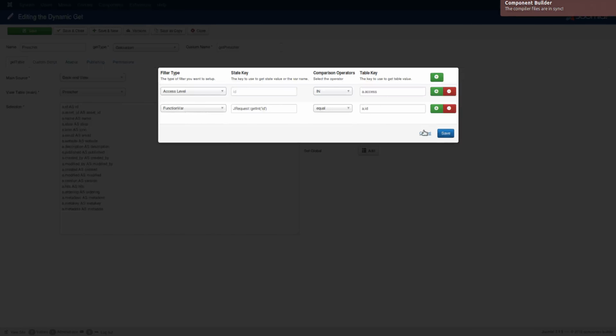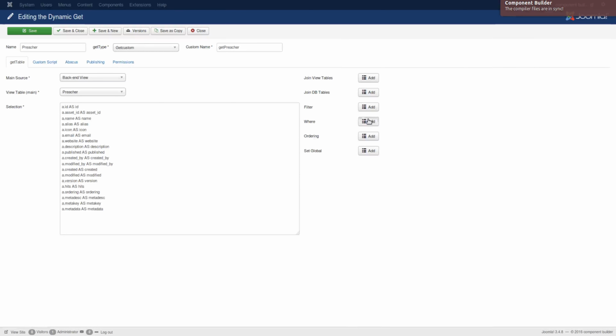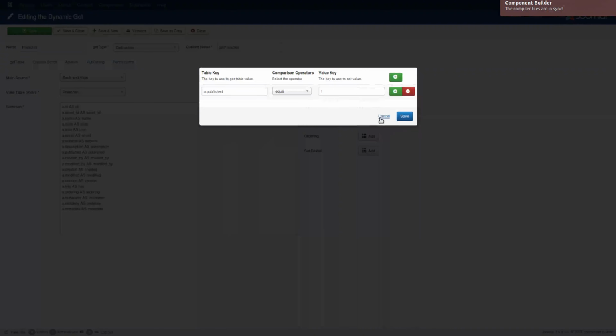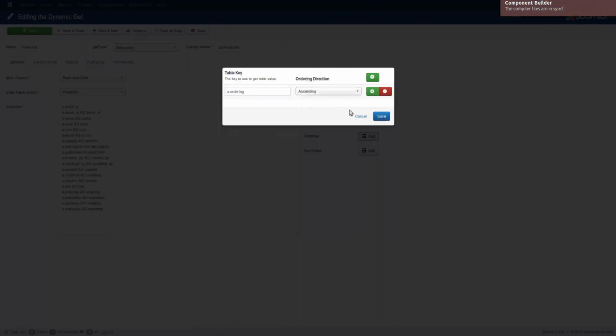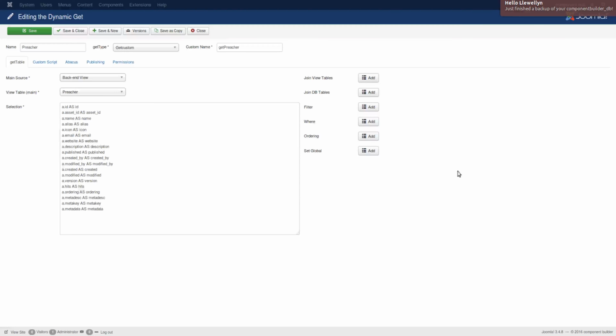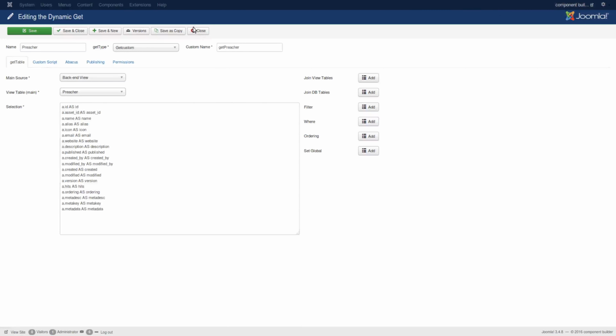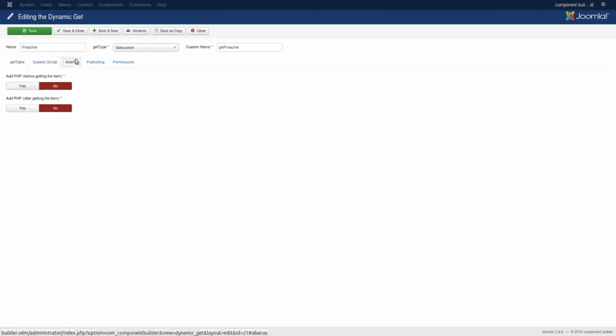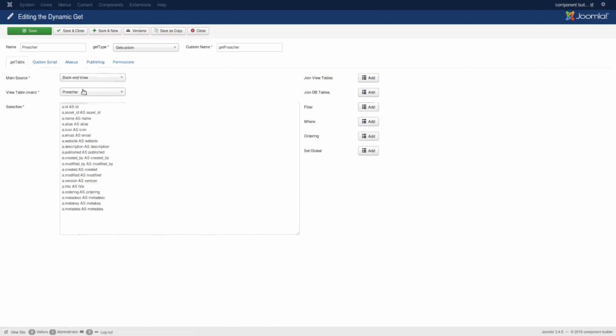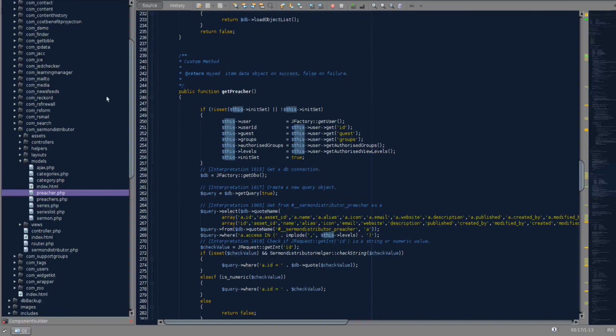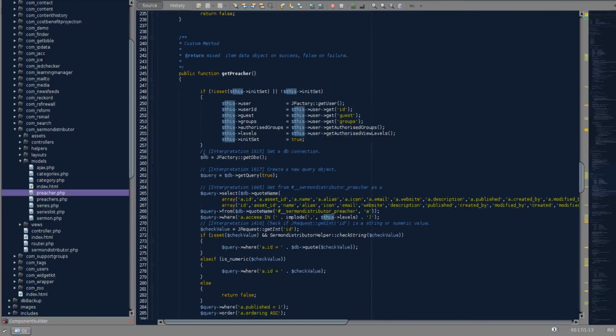as the filters. And it's also using a where, I suppose. Yes, published. And it doesn't need ordering because it's just one preacher, but I nonetheless added the ordering. I could actually delete this like that. And it doesn't have any global settings. Okay, so that is the getPreacher. And so from these settings here, I don't think there's custom scripting. Nope. From these settings here, component builder writes all this code